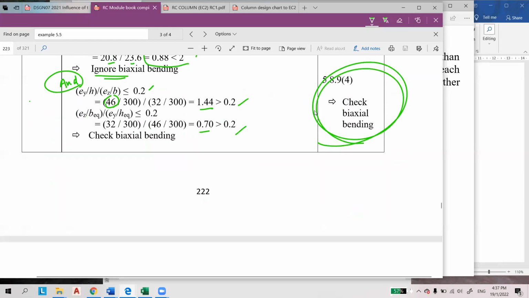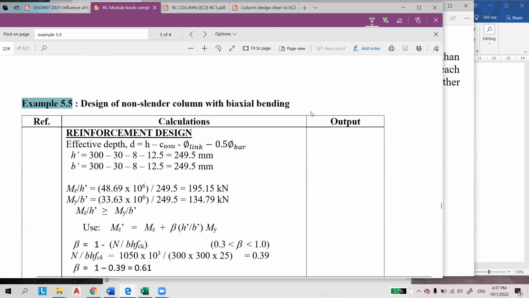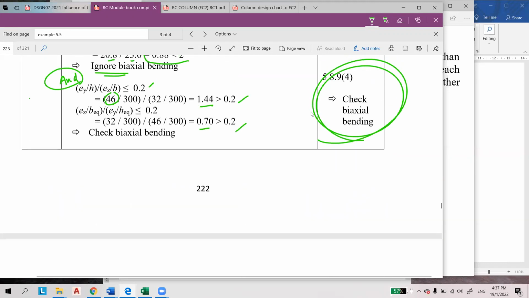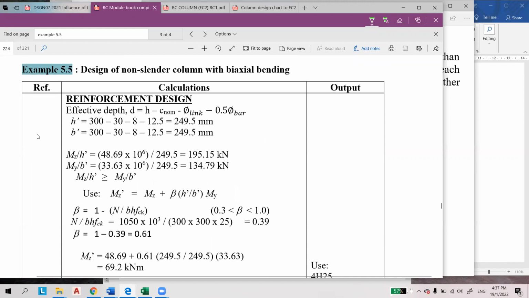And then for the reinforcement design, this is simple. We design as usual, but later we check the biaxial bending, and the moment we have to enlarge. So this is the effective depth. d equals h minus c nominal minus link minus half of the main bar, 0.5 is main bar over 2. You can refer to the previous video about how to determine this, because d and d2 should not be confused. So h prime and d prime is equal to 249.5